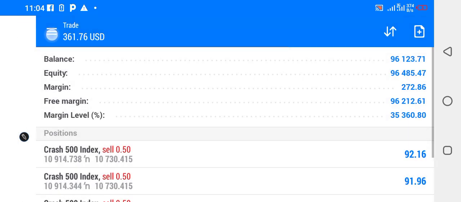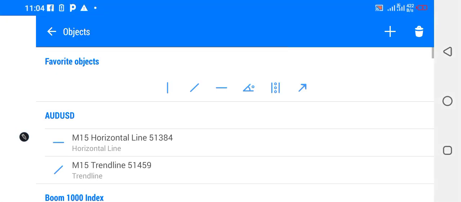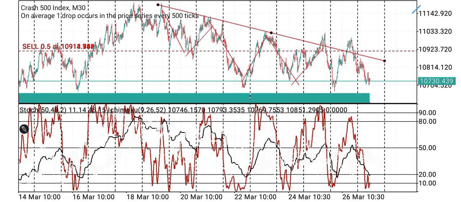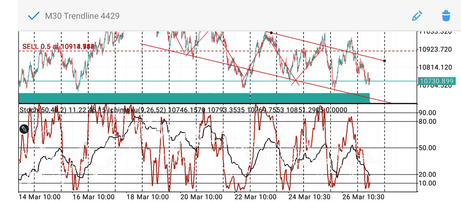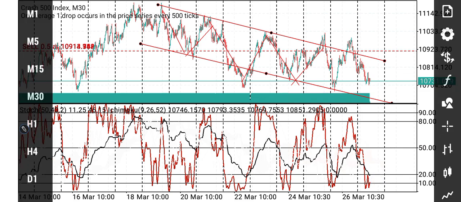Okay, so you draw your line like this, then you go and you draw another one. Let's go to your charts. Then you come here. If you want to draw another line, you make sure that it crosses the tip of the bars like that. So when it comes and hits here, then you come and check what the indicator is also telling you. Now the indicator is telling me that